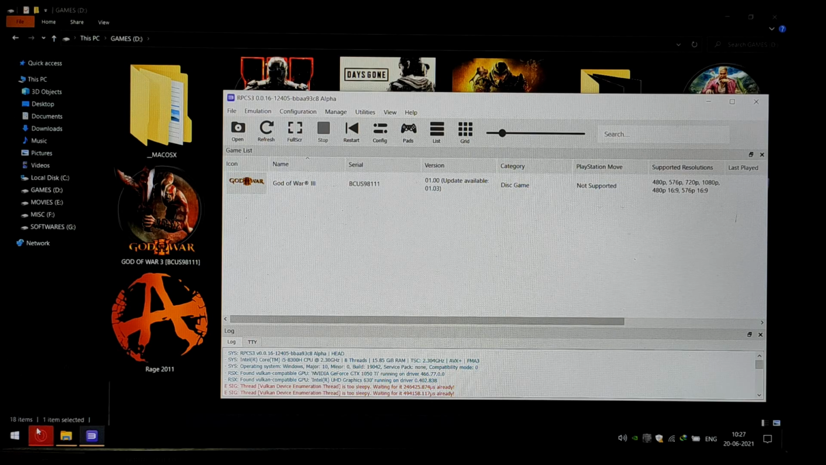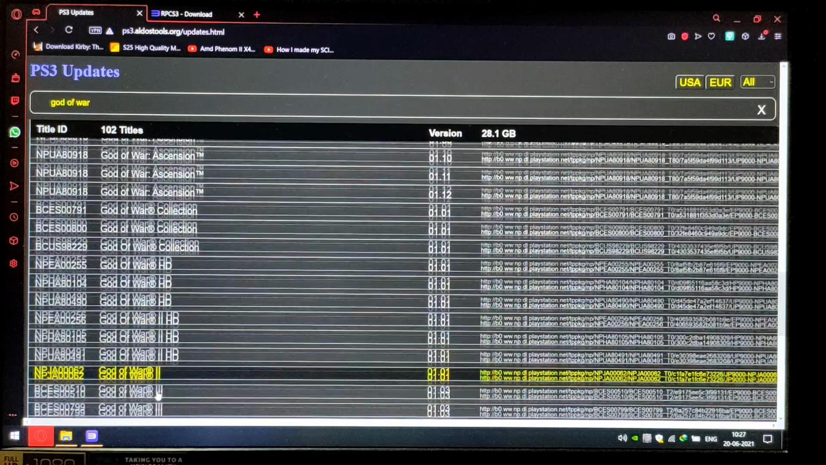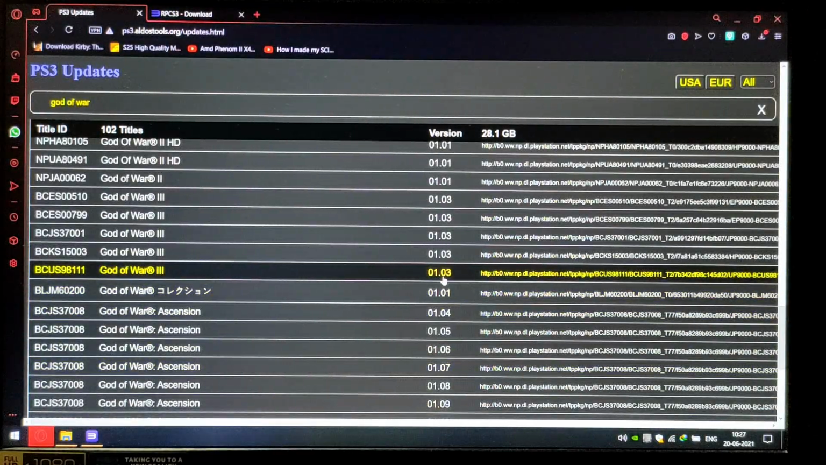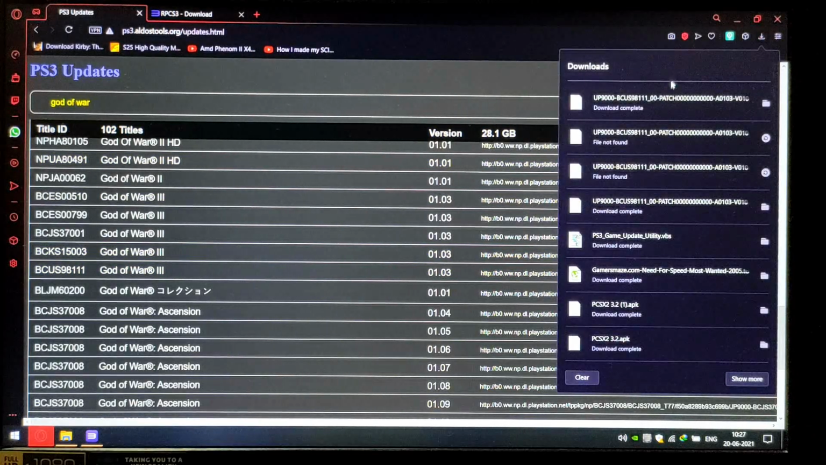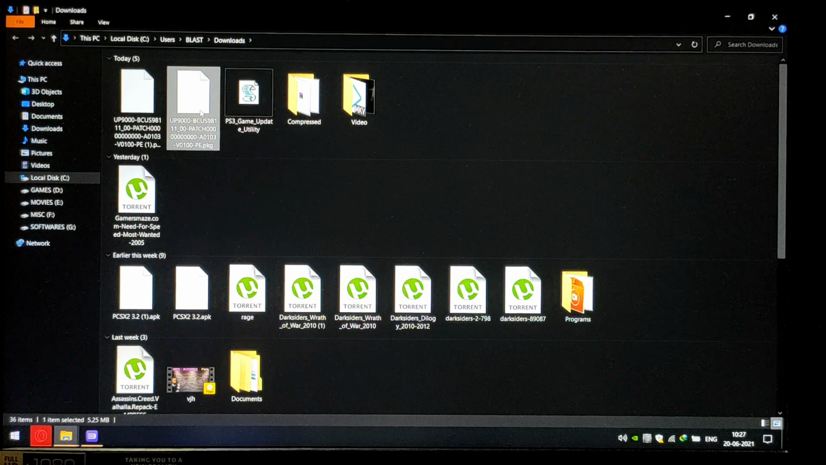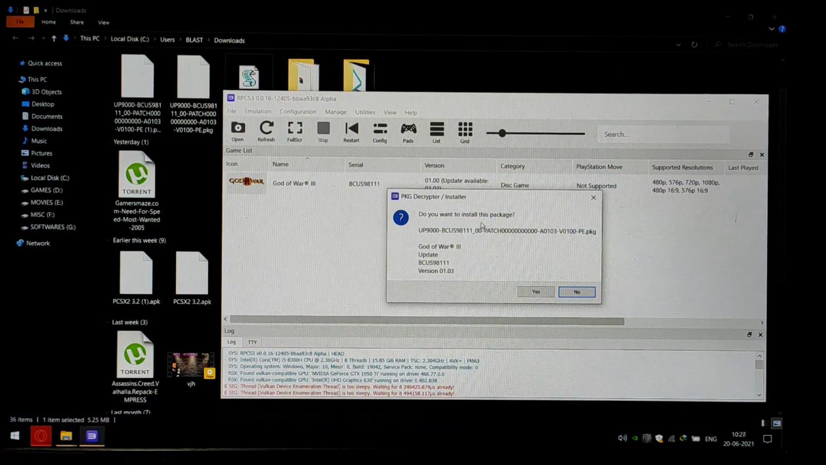So to update it, I already told you this website ps3 eldostools. From here you can download the update. So since mine is this, if you click here, it will download you the update package. This is the update package. So what we have to do is just drag this one into your rpcs3